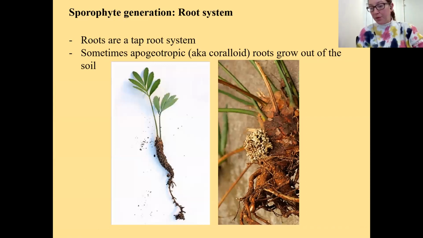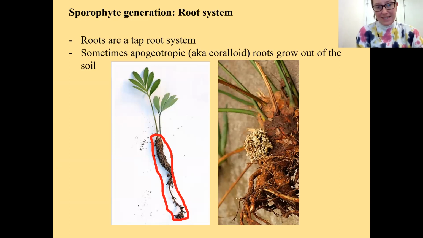Okay, the roots of cycads are a taproot system. We haven't really talked about root systems yet, but just know what a taproot system is. It means that the root looks kind of like a carrot. So really long and deep. There are other types of root systems, but we'll talk about those later. Big scary word. So the roots are a taproot system, and sometimes the roots are what are called